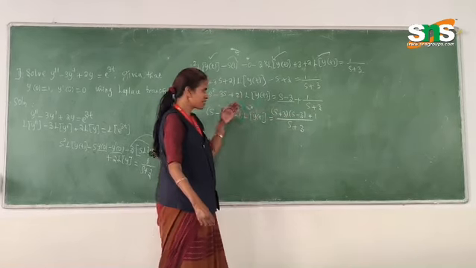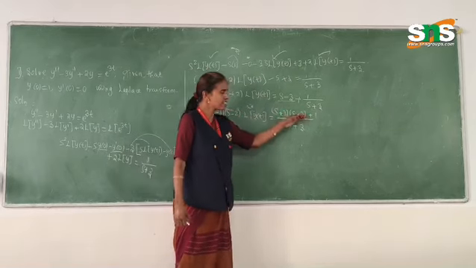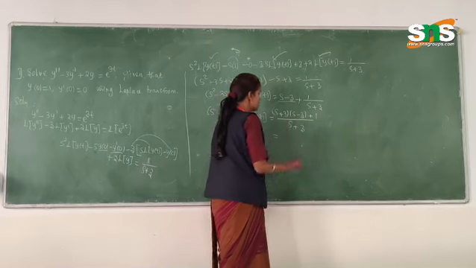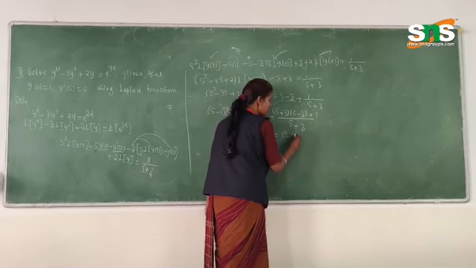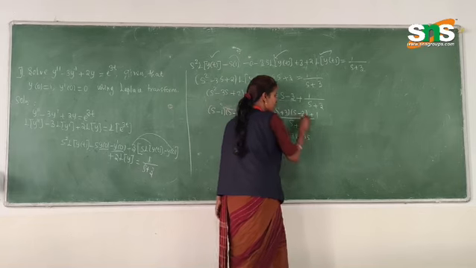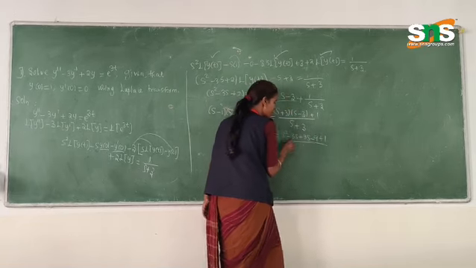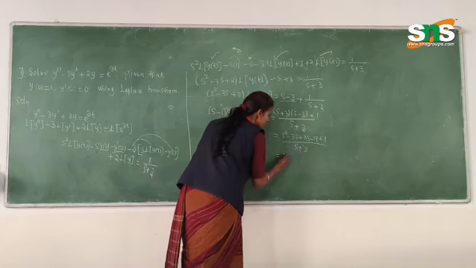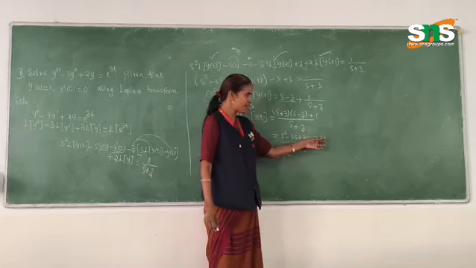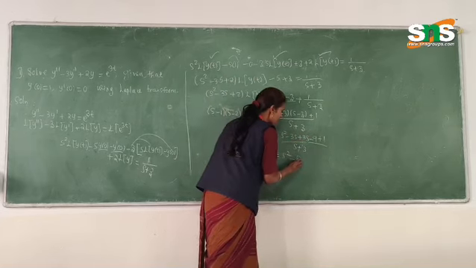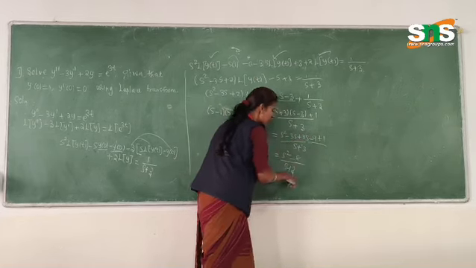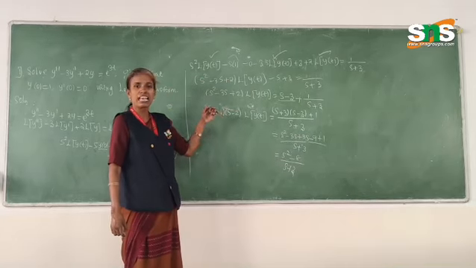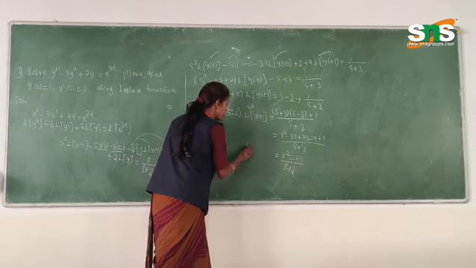The left side just write the same term, and the right side you need to solve this. So that should be equal to, just multiply the terms: s square minus 3s plus 3s minus 9 plus 1, whole divided by s plus 3. So the numerator term is s square, this one is cancelled, and the remaining thing is minus 8, whole divided by s plus 3. At last, we bring this term to the right side. We need only L on the left side. So L of y of t equal to,